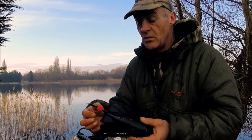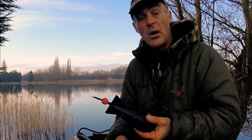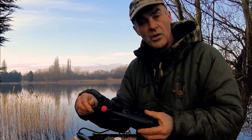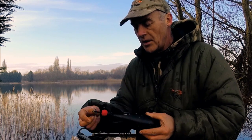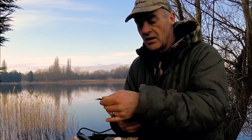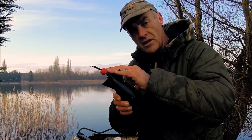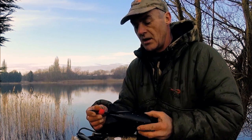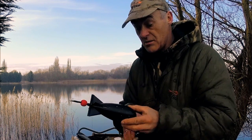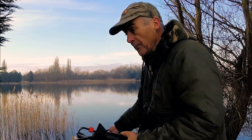So I bought some of these little bright orange pipe fishing polyballs. They come with a little tiny pilot, which I've bored out. Just slid one of them over, so that if I am unfortunate enough to lose it, that will sit just on the surface, be a lot more visible. You might be able to get it back. At 10 quid a pop, obviously if you do lose one, that's quite an expensive loss. Also,